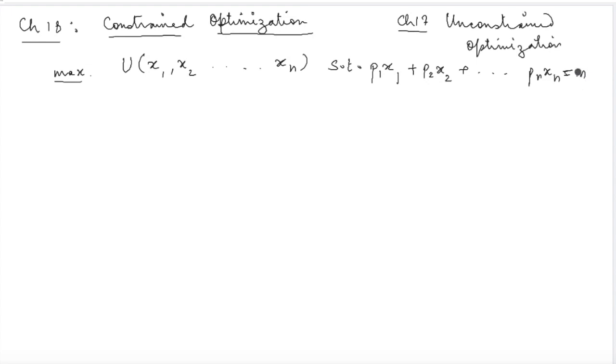P1, P2, Pn basically are the prices of each of these commodities x1, x2, xn. तो आप जब इनको multiply करके add कर दोगे, which is P1 x1 plus P2 x2 till Pn xn, then what you get is the total amount of money that you are spending on your consumption bundle. And the constraint is saying that the amount that you are spending on the consumption bundle has to be equal to the income that you have. Obviously, the consumer cannot spend more than the income that he has. So there is a constraint, there is a restriction.